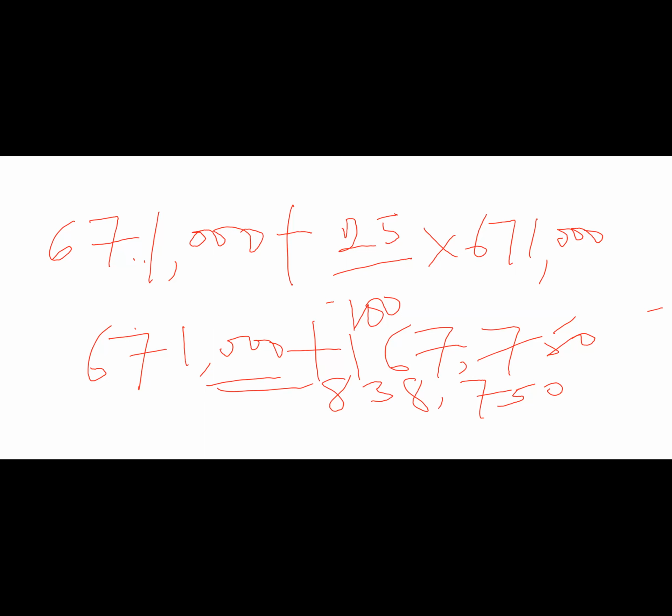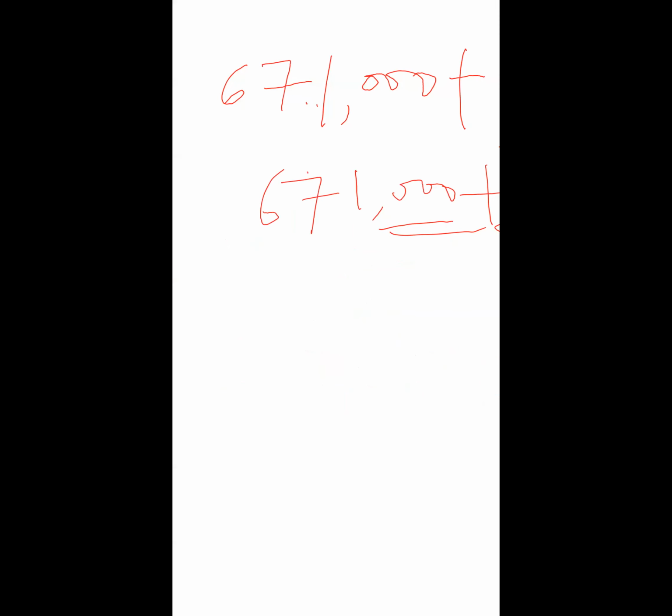The same way, like 61,700 plus 25 over 100 times 6 over 7 plus 25 over 100 times 671,000. Do you understand now? You know, like I said, when I was trying to differentiate